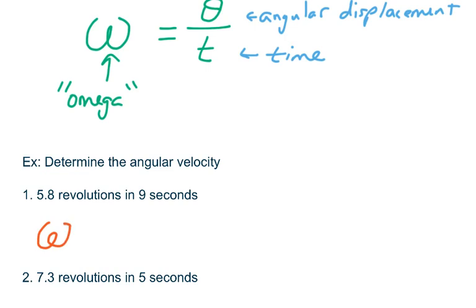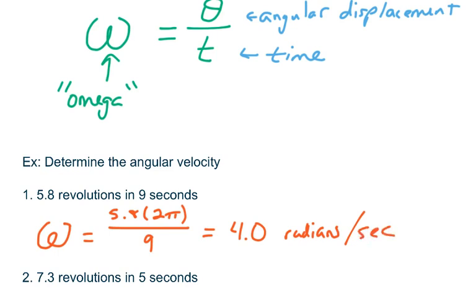So we can say our angular velocity is equal to our angular displacement, which is 5.8 times 2 pi, because one revolution is 2 pi radians, divided by 9 seconds. Angular displacement: take the number of revolutions times the number of radians in one revolution, which is 2 pi, divided by our unit of time. And when you type all that in your calculator, you're going to get approximately 4.0, or just 4 radians